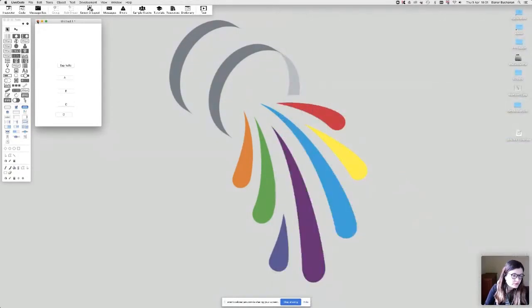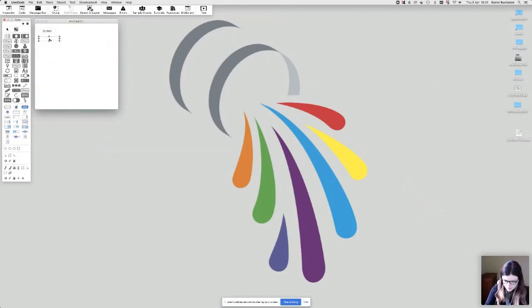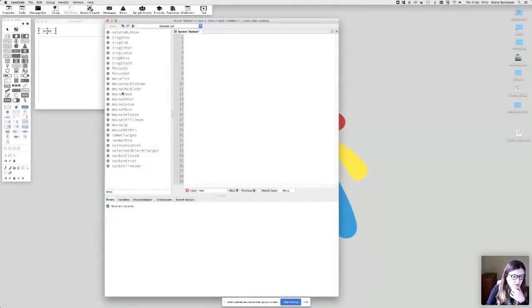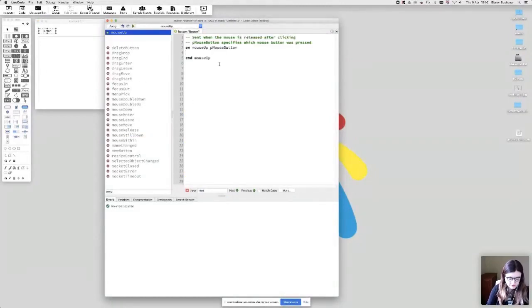So let's just close this back and start a new one. What I will do in here is I'll have a button and a field, just checking that I am screen sharing this time. So in my button, I will add a mouse up handler, and I'll just make a very simple array. So I'll put an entity array